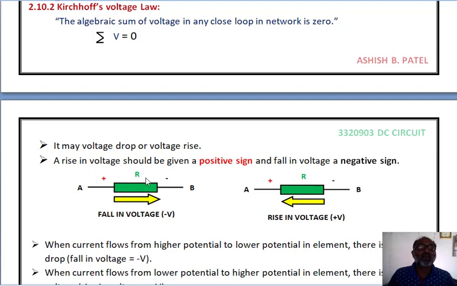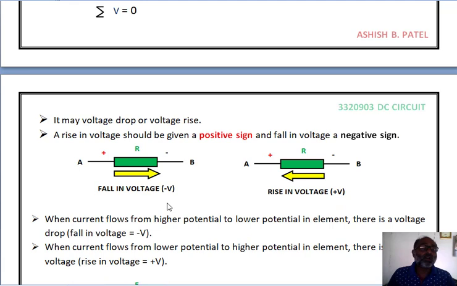So here we can take a resistive element, because already I told you each and every network consists of active elements and passive elements. For a passive element we are using only resistance in a DC circuit. So I am taking one resistance. A terminal is positive with respect to B terminal. We are taking the same resistance, with A terminal positive and B terminal negative. But there is one difference.